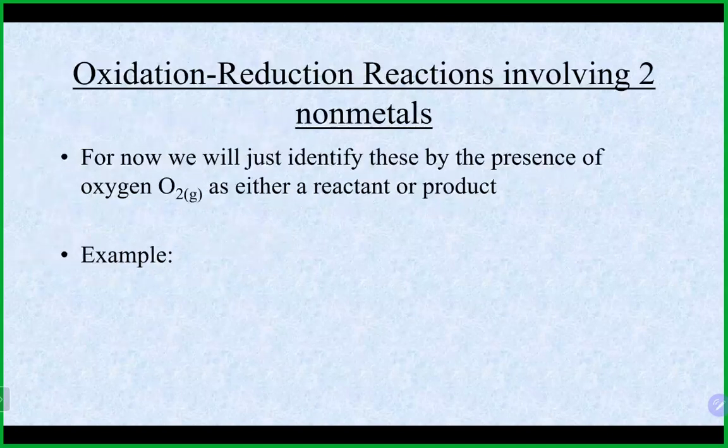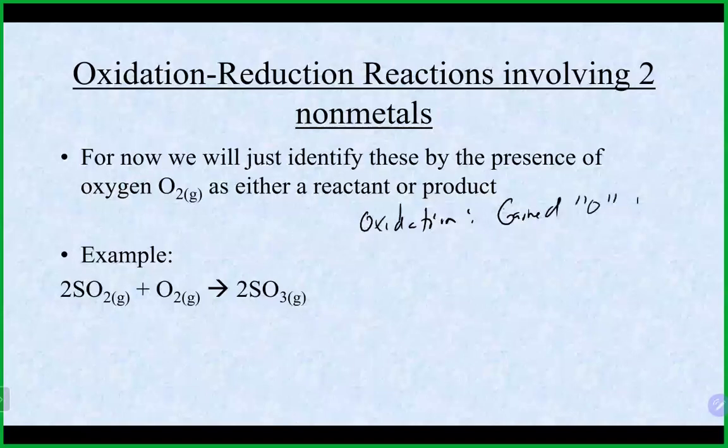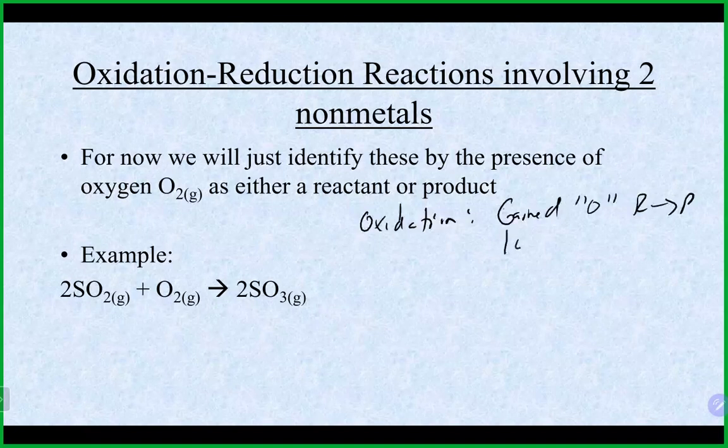All right, so as I mentioned, we're not going to really deal too much with the other definitions of oxidation and reduction, but just so you kind of know, you probably won't see too much of this until you get to organic, but oxidation could also mean that somebody gained oxygen from reactants to products. So as you go from reactants to products, somebody gains some more oxygen than they started with. And the other one is they could lose hydrogen as they go from reactants to products. So that is 2 other definitions of oxidation. Along with reduction